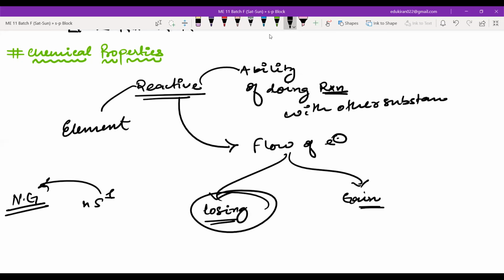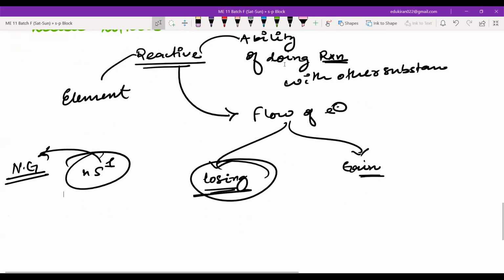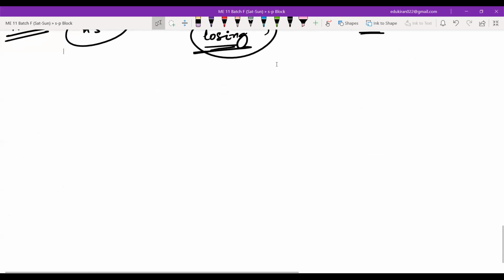They are going to achieve the nearest noble gas configuration. So we have mentioned that they are going to lose electron. Now, how easy is this loss of electron? How easy can they lose this electron? So we will talk about that. First of all, how many electrons do they have to lose in order to react? They have to lose only one electron, and after losing one electron, they are directly going to the noble gas configuration. So we can write the alkali metals